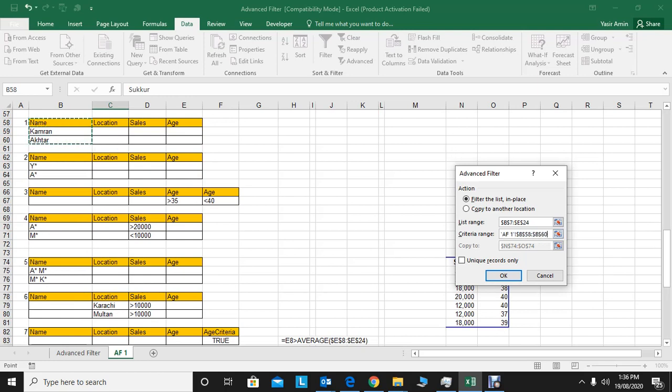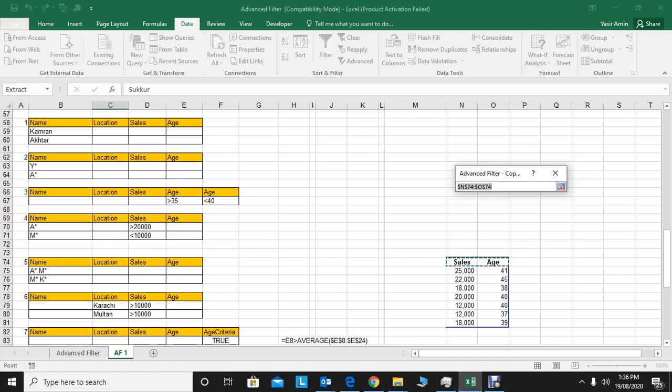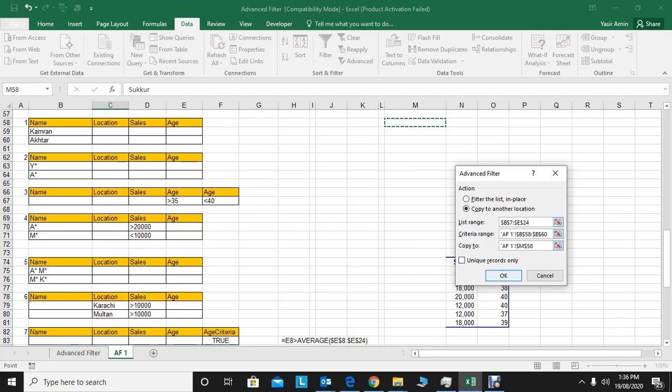Kamran and Akhtar. I need the location, sales and age of only Kamran and Akhtar, and if I want to copy it to another location, I select copy to another location, and then I need to give the copy location. So I give this location. Okay, and then I need to click OK.